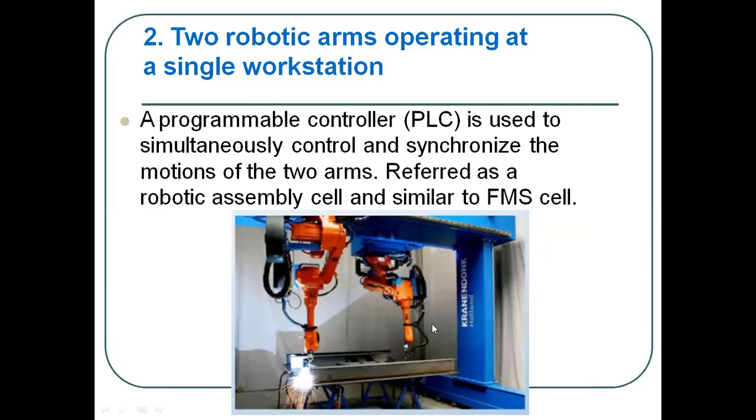Just so that we can do it at one workstation, we have discussed the strategy of combined operations, right? This one is similar, where two robots are doing simultaneous operations. But there has to be coordination between the two, isn't it? The PLC is responsible for avoiding collisions, so that if this robot is performing there, that robot will be performing here. They avoid collision with the help of PLC programming.